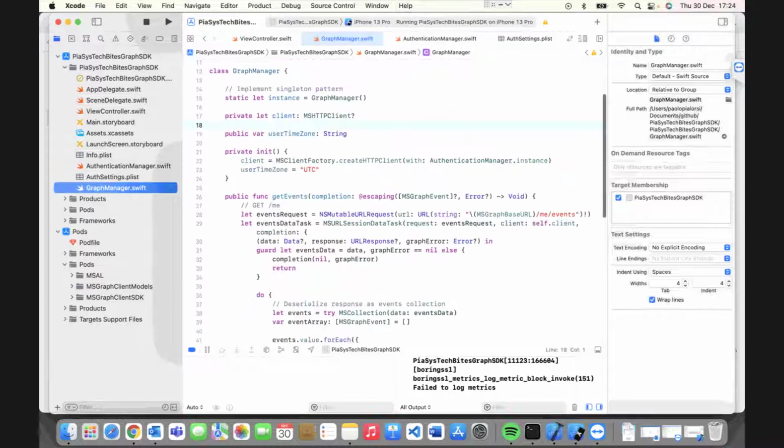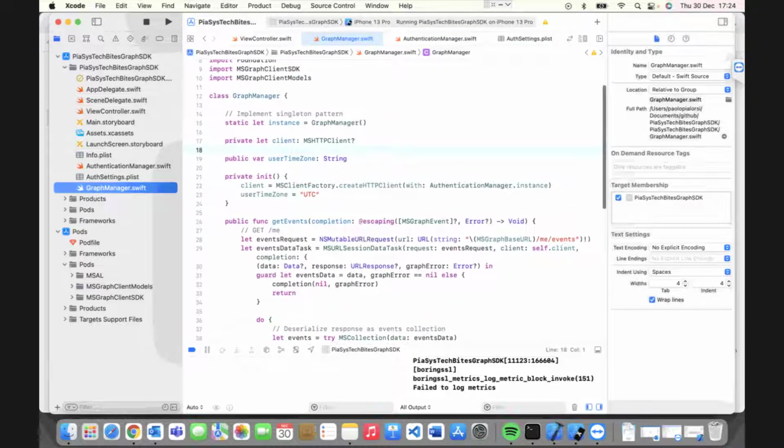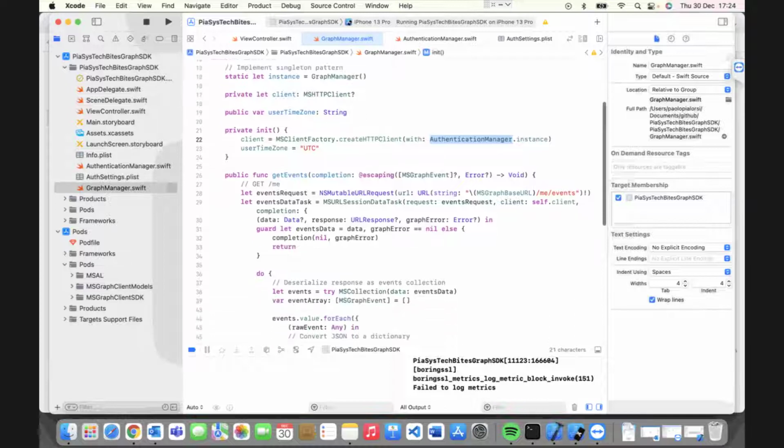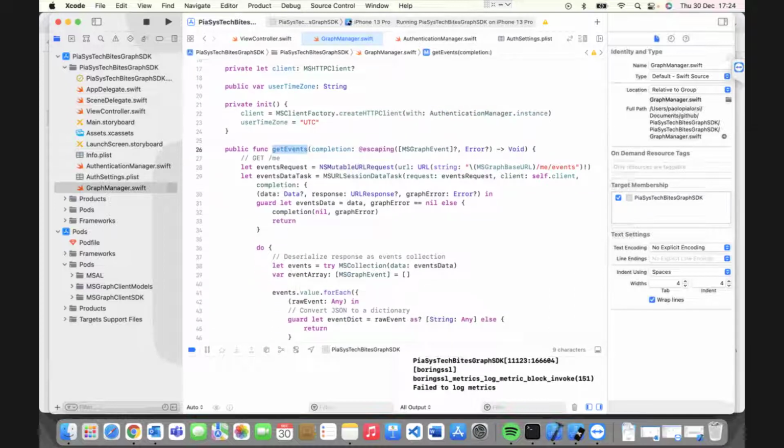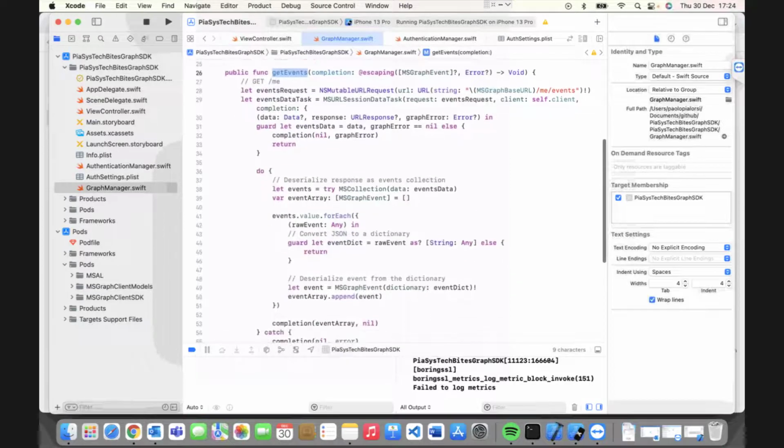Then I have a Graph Manager class in which I rely on the MS HTTP client type, and I create a new instance of that type, providing an instance of the authentication manager, so that I will rely on that authentication manager type to do all the actual implementation of the authentication part of the story. And then I have a helper method getEvents, which will simply provide as a result an array of Ms Graph